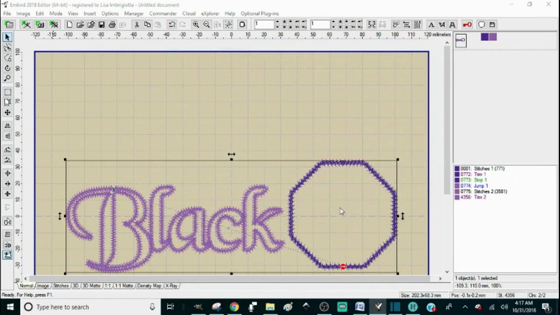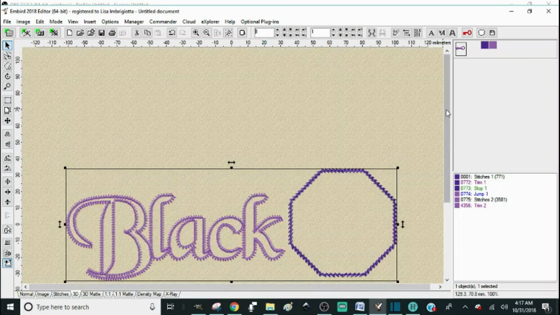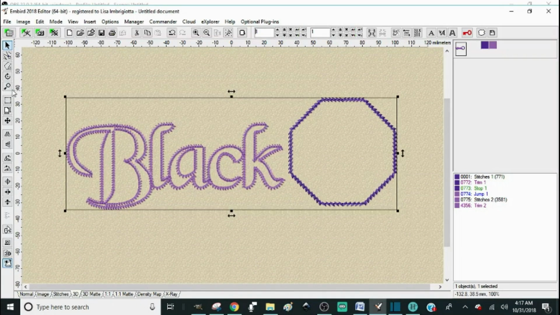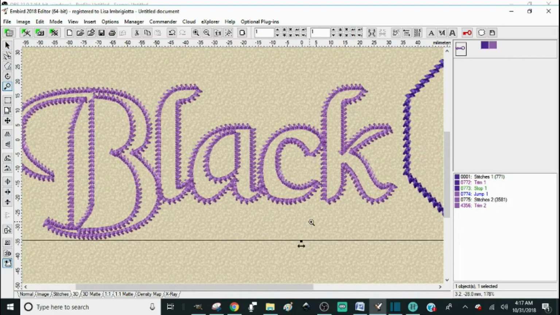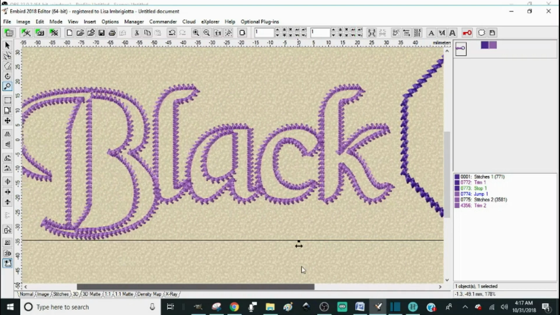I'll just cancel. And so as you can see, there it is there. And it retains all the properties that it's supposed to retain. In this design, you can see it's pretty nicely